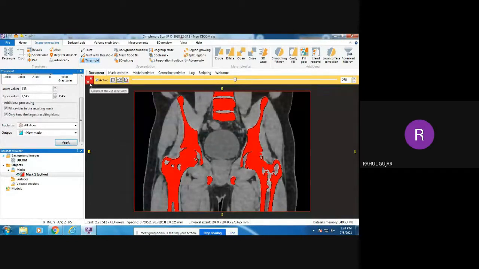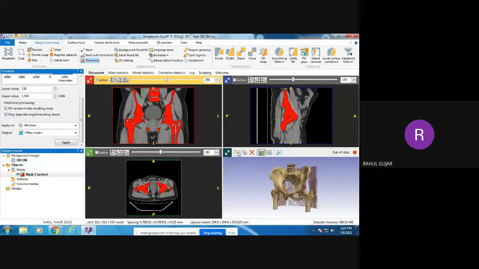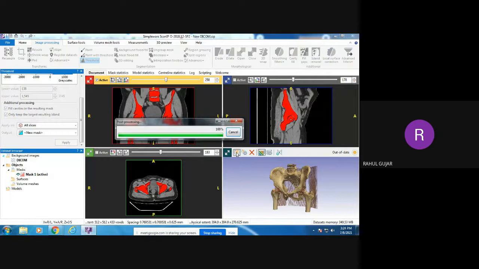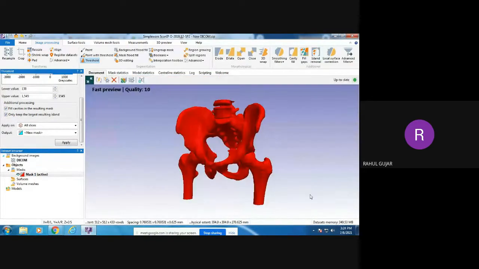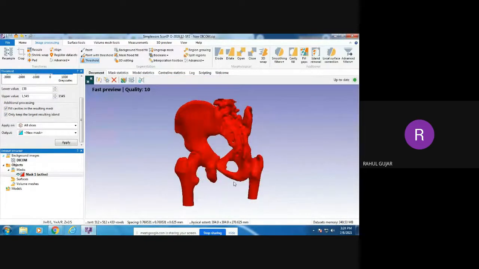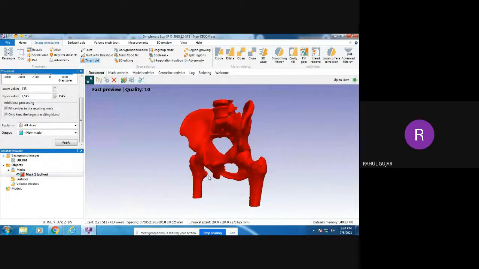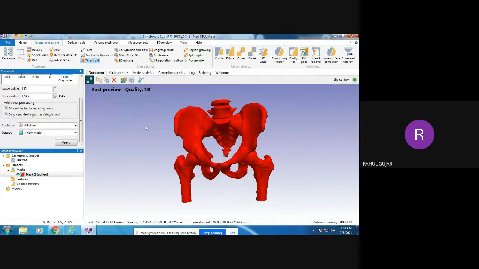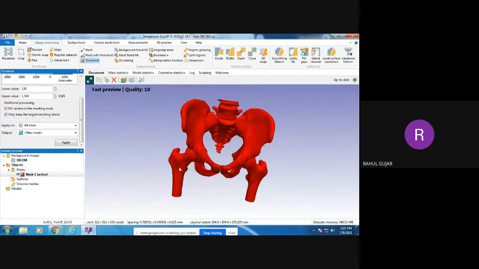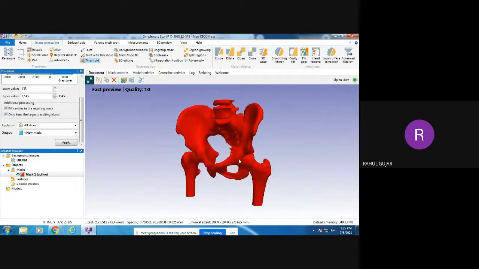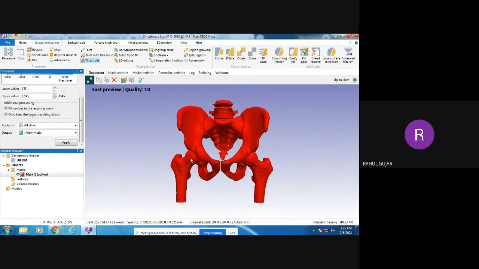All right. So if you click on this generate a fast review button, you can see that this will be now converted into the model. But still, if our interest is only the femur bone, we don't want these parts which are showing, like the acetabulum and the other side of the bone. So what we want to do here,